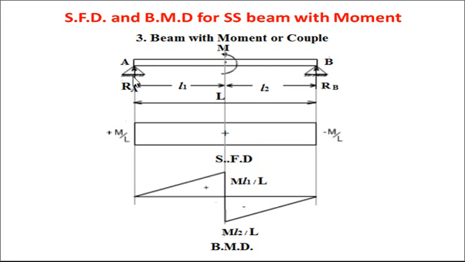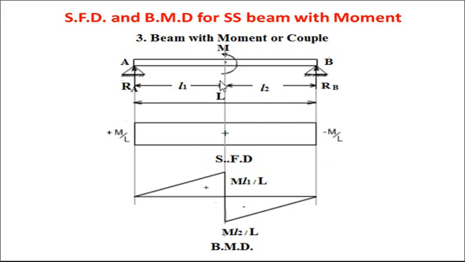And the third equation you have to apply is summation of moment equal to 0. Moment you can take about A or about B. If you take moment about A, it will be M. It is already a moment, so don't multiply it with distance L1. It is M only. Taking moment about A, it is an anti-clockwise moment, so minus M minus RB into L equal to 0. Then RB into L equals M, and RB is equal to M by L. Means first reaction will be positive and second reaction will be negative.